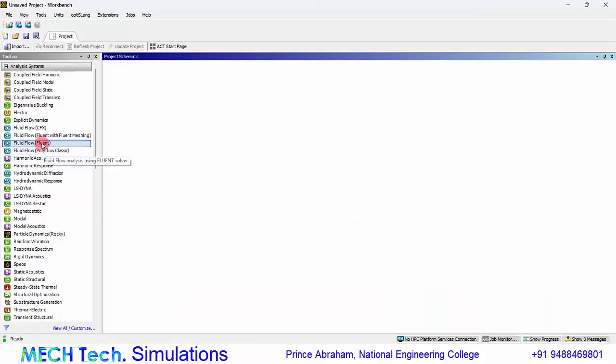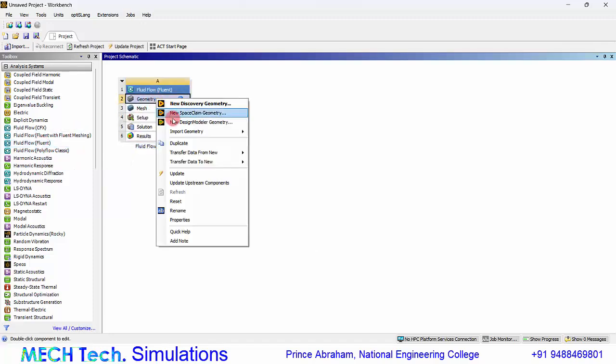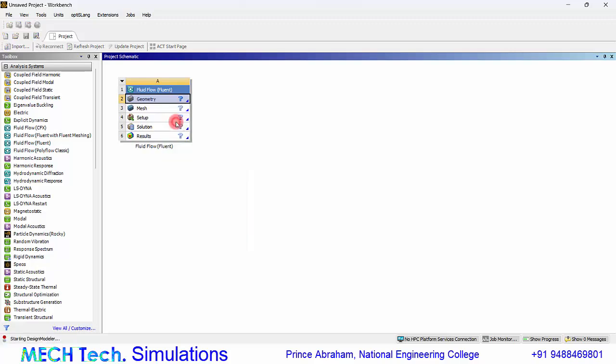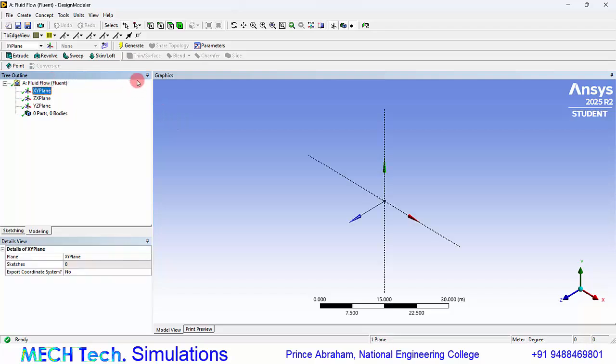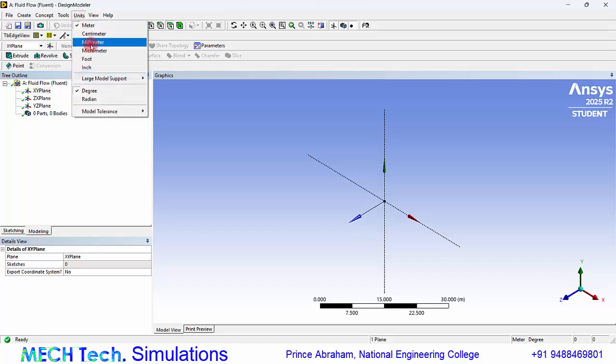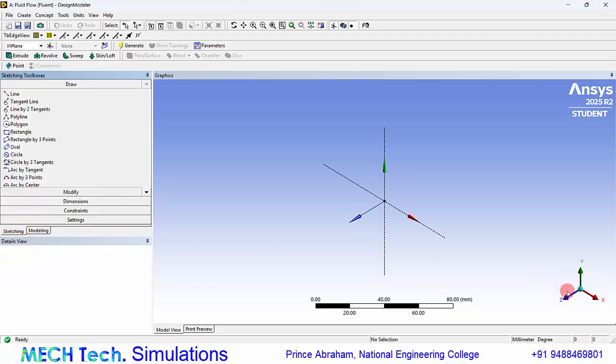and I am double clicking the fluid system, right click the geometry, create new design modeler geometry. Let's do our analysis with a simple 2D flow. Let us create a sketch in XY plane, change the units to millimeters, click XY plane, click sketching, click the Z to view the XY plane,